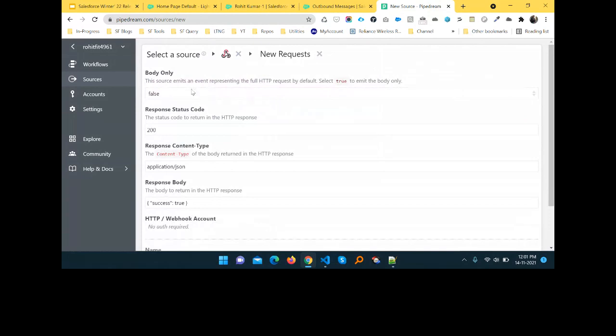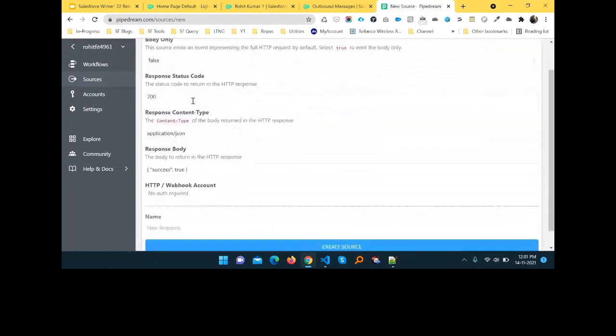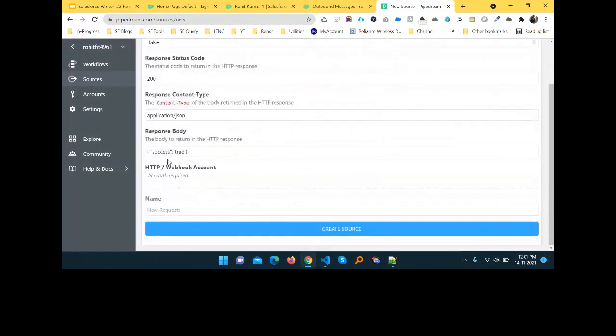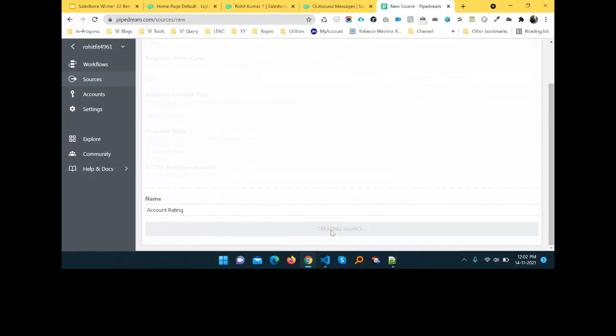Under the new request you can select body false, response status 200 means okay, content type, response body success true. This is the key value pair, meaning the object, HTTP webhooks, account, and you can give your request name. My request name is account rating, something like that, and just create source.